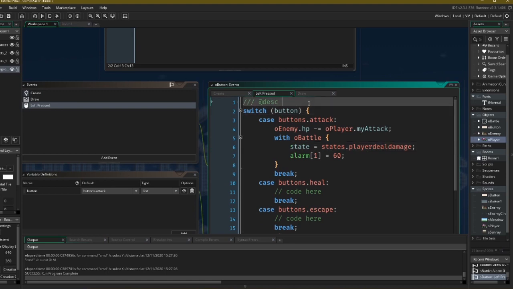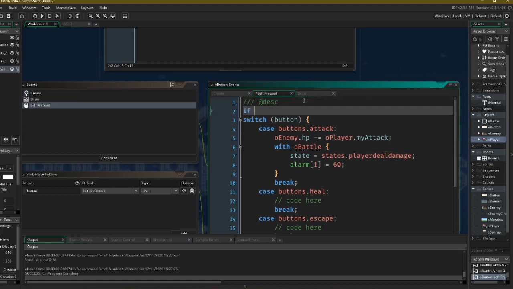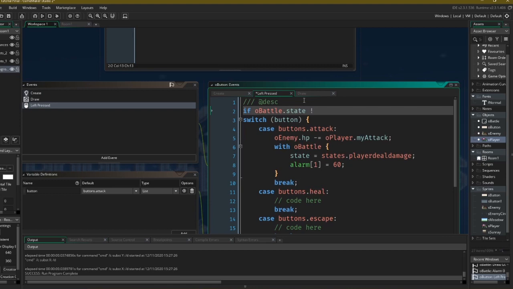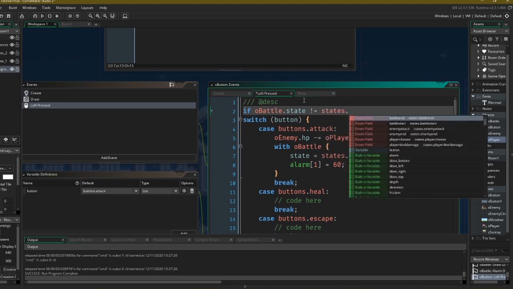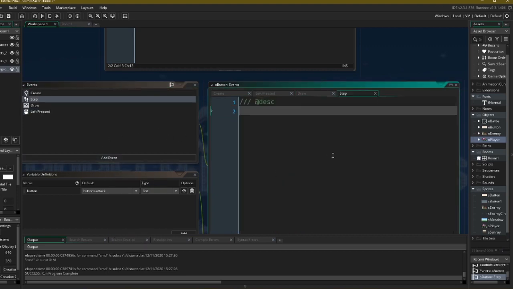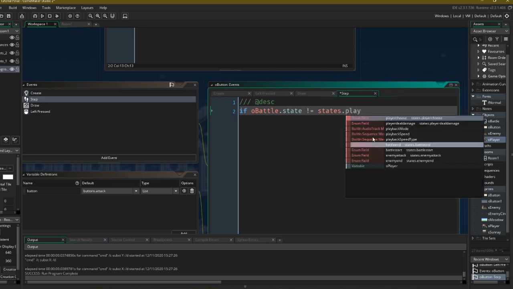we actually want to make this so that it only operates if we're in the right state. So if O battle, I'm in the O button right now. If O battle.state doesn't equal, or no, let's just do if it doesn't equal states.playerChoose, then we're going to exit. That way nothing here is going to work unless we're actually on the right state. And something else real quick we're going to do. If O battle dot state doesn't equal states dot player choose